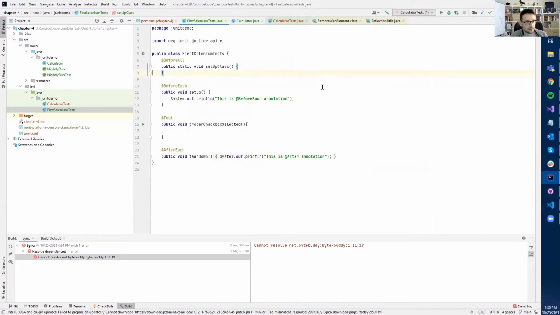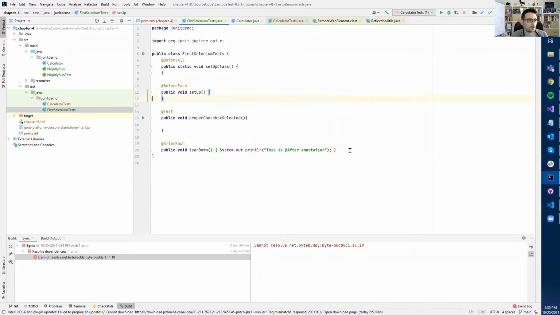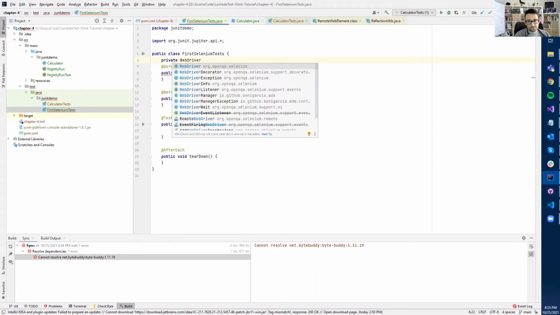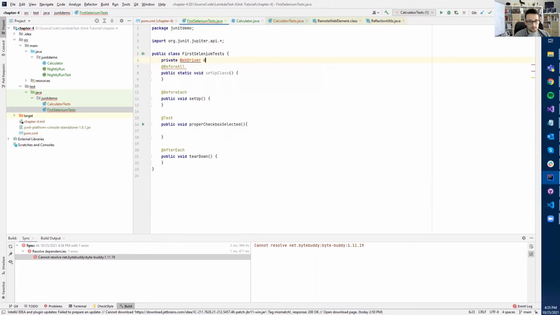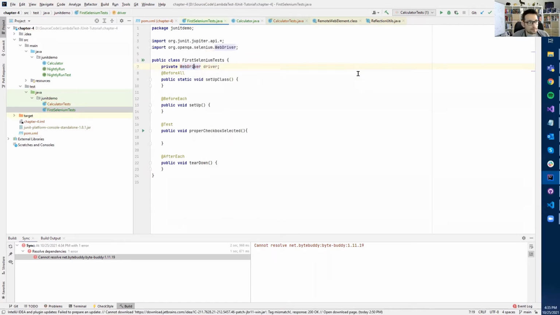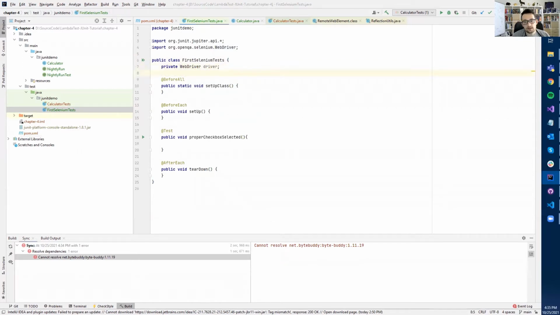Now, instead of this print on the console, I'm going to initialize the driver and start the browser. Here at the beginning, I will have one private variable for the driver, the WebDriver, and I will call this private variable driver. With Alt+Enter, you need to import the class. Also, I'm going to leave one line,